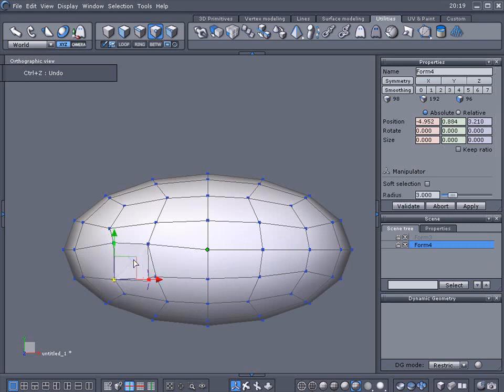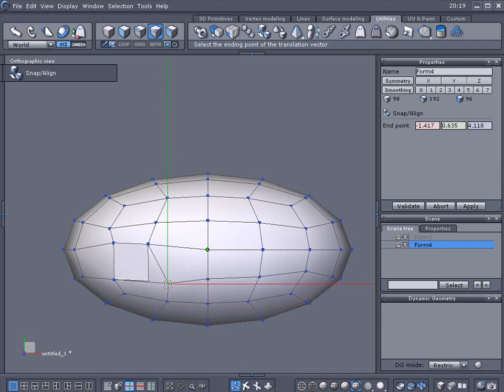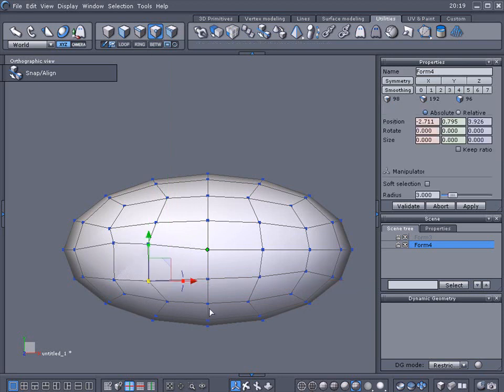So I'll select here, and I'm going to select this one here. And sometimes this thing can jump around when you're holding the shift key to snap to it. If you have that problem, you can go ahead and use snap align. Select here and here. Then if I hide this one, you can see now I got a perfect square here. So if I select it and delete it and subdivide it,